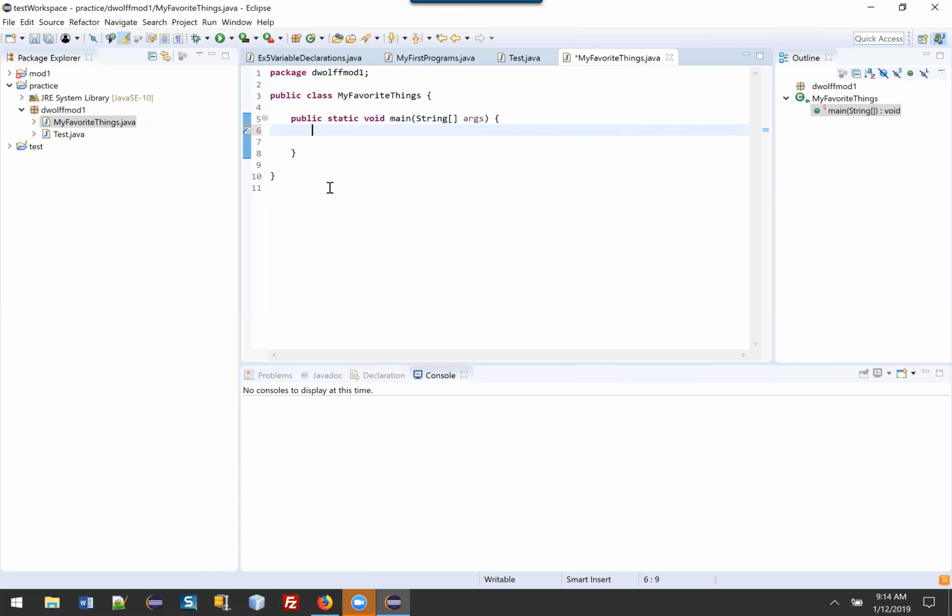So there are 8 primitive types in Java, only 4 of which we will use. We are going to use int, double, boolean, and char, C-H-A-R. Okay, let's talk about what those are. At times I want to store whole numbers, like age, or something of that sort. When you define a variable in Java, you give it a data type, you give it a variable